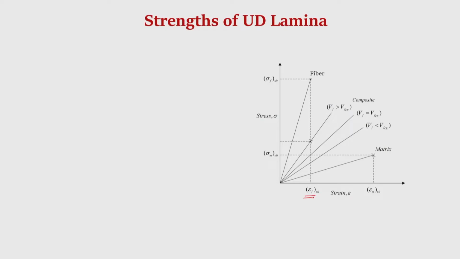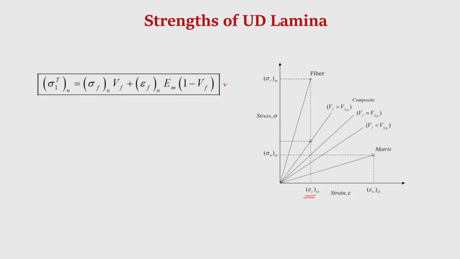In our last class we discussed the determination of longitudinal tensile strength of a lamina, wherein it was assumed that the longitudinal tensile strength of a lamina is decided by the fiber failure only. If you look at this stress strain curve we discussed in the last class, when the fiber fails, that means when the strain in the fiber reaches the ultimate strain of the fiber, then the composite fails. Based on that we derived a relation for the longitudinal tensile strength, and of course, it is dependent on the fiber and matrix strength and stiffness properties